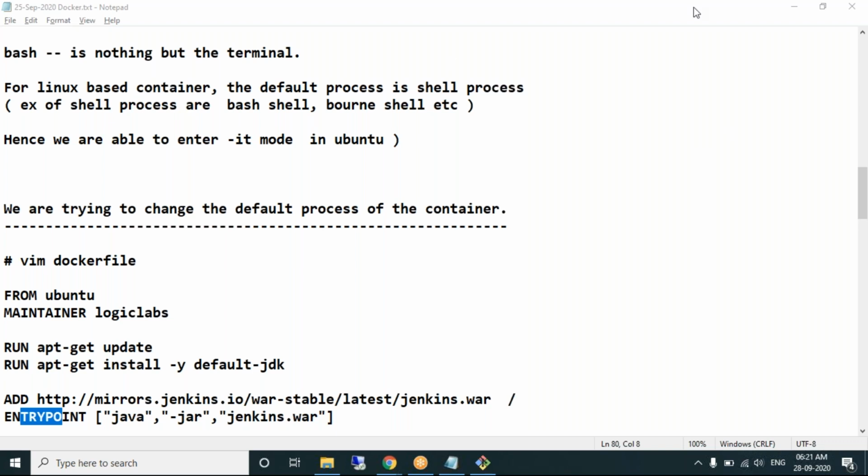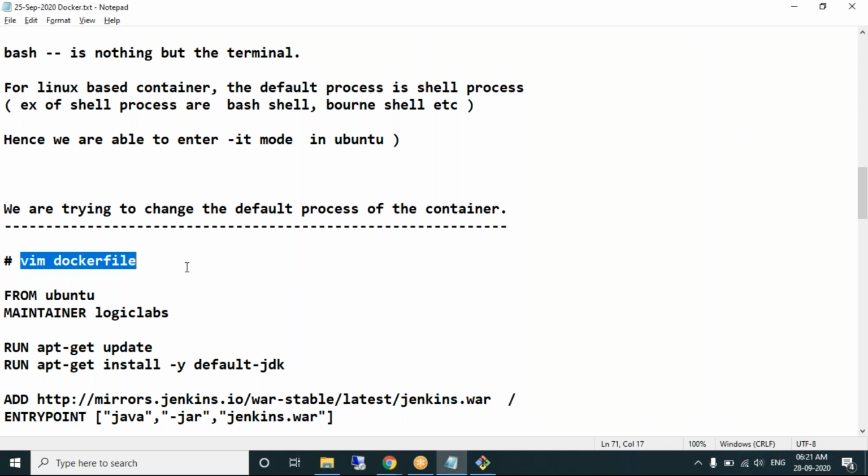Sunil, yes, you gave an exit for the Jenkins container, but it is still running. View it with docker container ls. Exit is for terminal-based containers. For Ubuntu, when you write exit, it will be stopped. For Jenkins, when you write exit, it will not be stopped. Ubuntu stops because the terminal is closed, and once the terminal is closed, the container will be stopped. Okay, Dinesh.